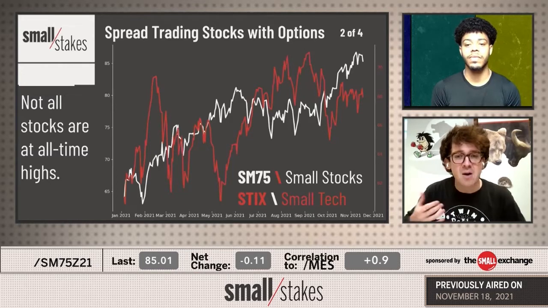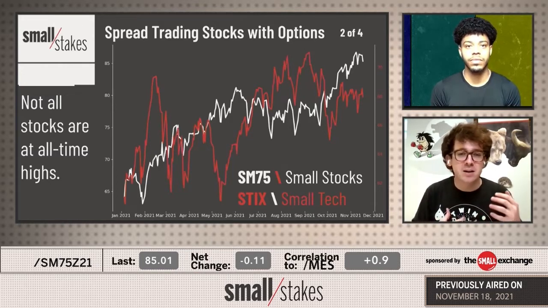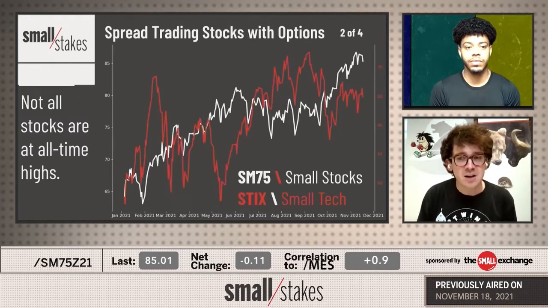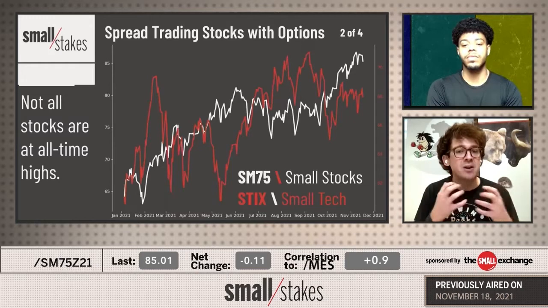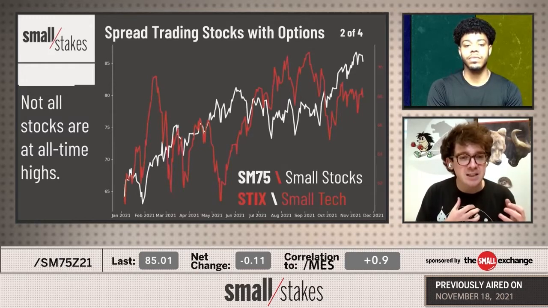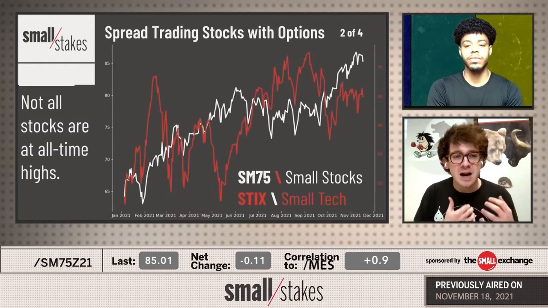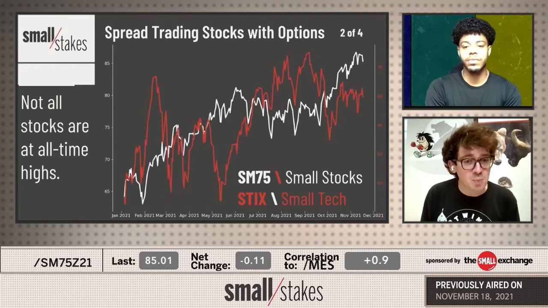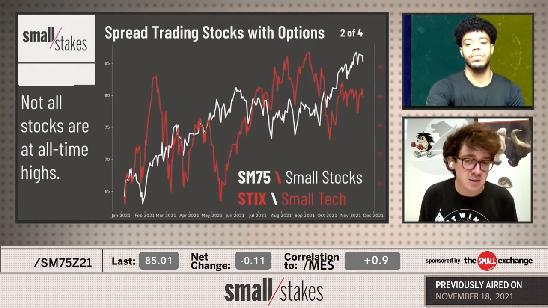And so now you start to see your idea go from just like, oh, expensive things sell, to like, okay, there's an expensive thing, and then there's a thing that's very similar to it that's not as expensive. And maybe I can add, like I said, that nuance to this thing, given that red line, the small tech market. I mean, it's outperformed small stocks at several points in this year.